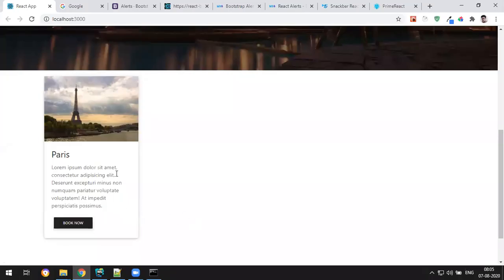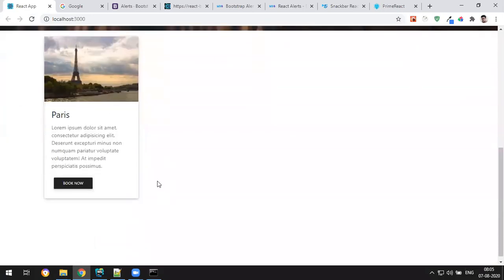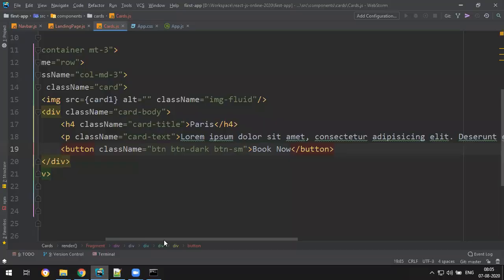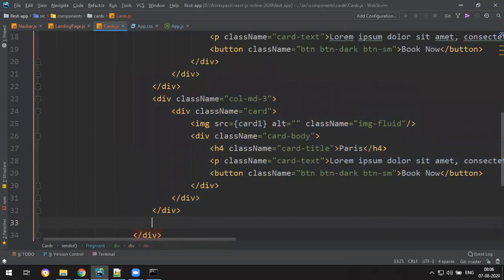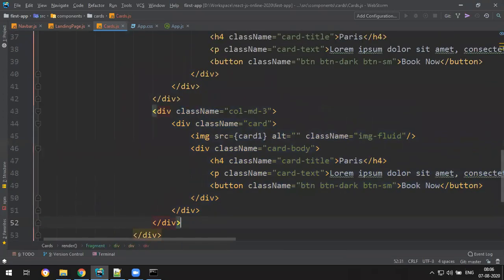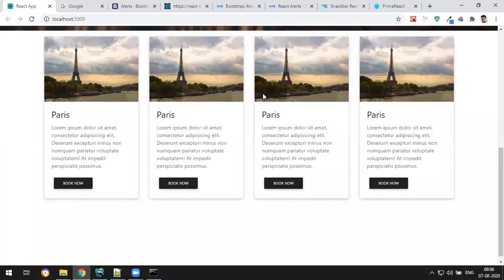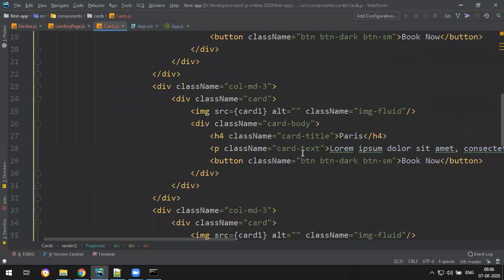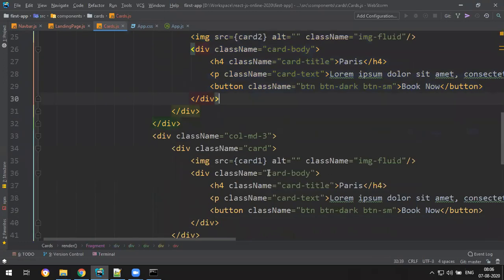Yeah, so I got this, and same like this I need multiple cards. So how do you do that? Simple, copy the col-md-3. Okay, so paste and paste. So you get all the four cards just like previous, and just change only images and names. Okay, so card 1. I will tell you how to loop through the multiple list of items in future.